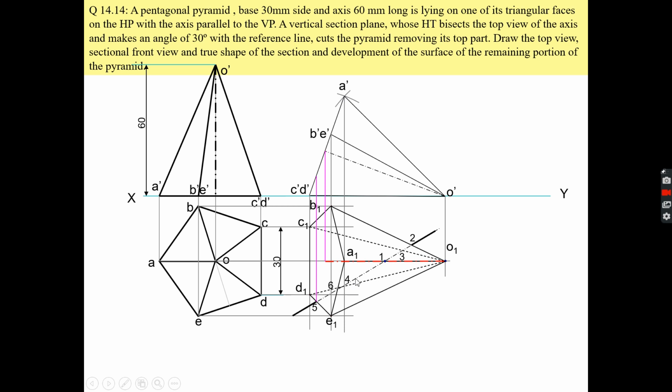Similarly, point 4 is on OD. So this is your OD. So your point 4 will be somewhere here. Okay, your point 6 is somewhere here. Similarly, you can mark points 1, 2 and 3 on OA, OB and OC